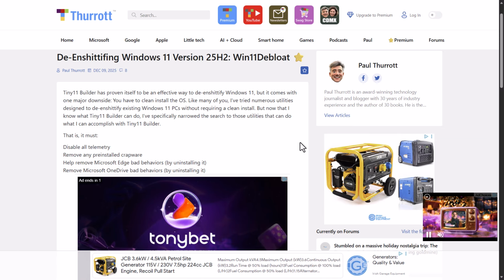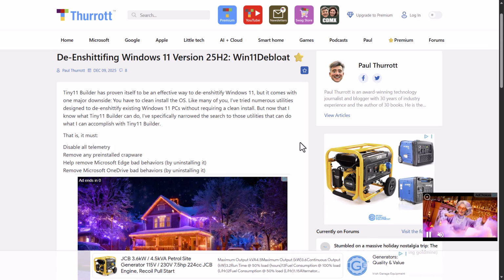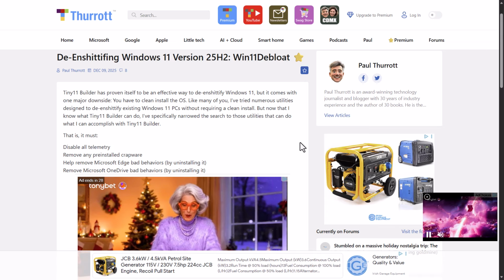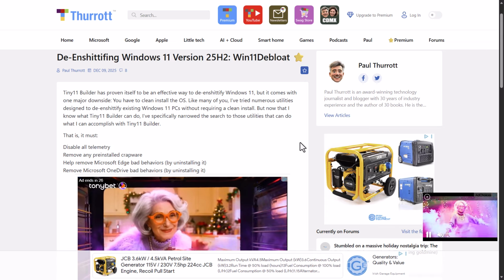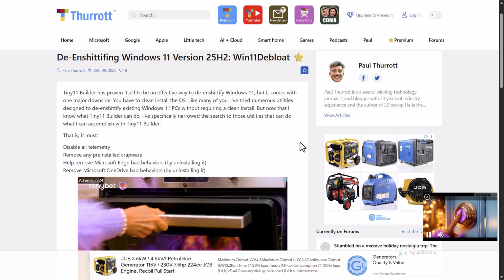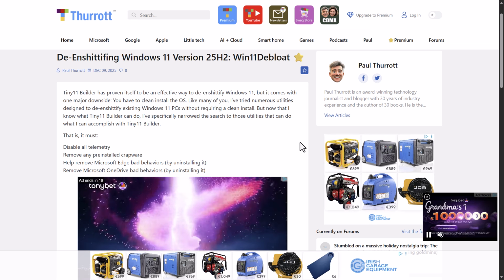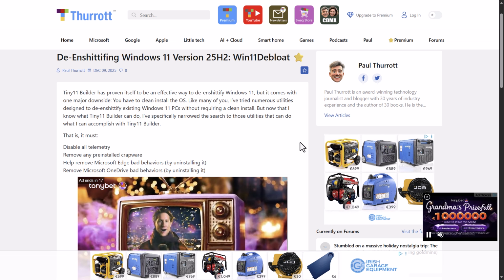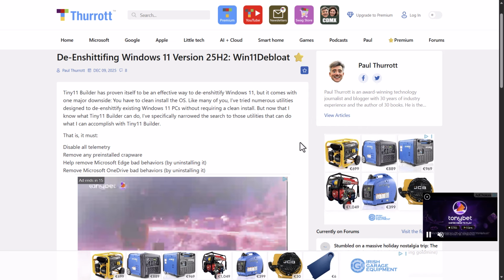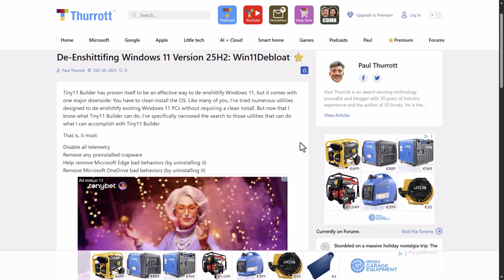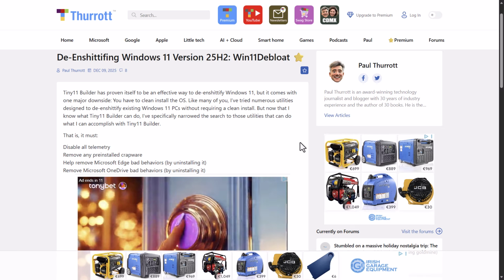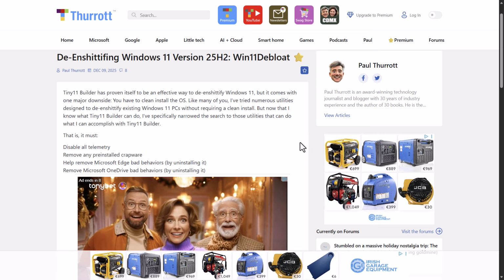And I alluded to that earlier in a previous story. A lot of people are holding off on upgrading to 25H2 due to the various stories of instability. And certainly that's been my experience as well. 25H2 has not been plain sailing for me. But it looks like Paul has a couple of tools that he suggests, as well as just some other tips for making Windows 11 a little more bearable